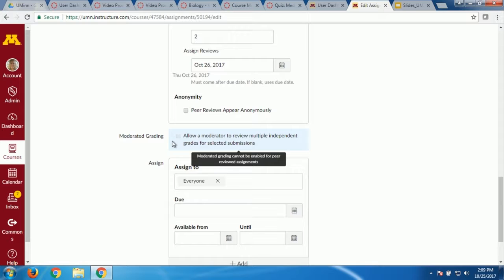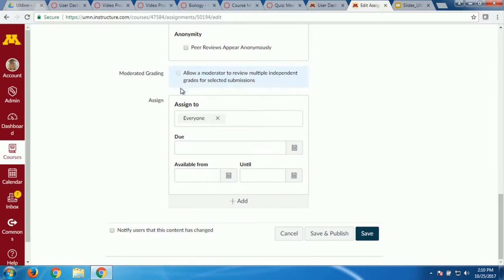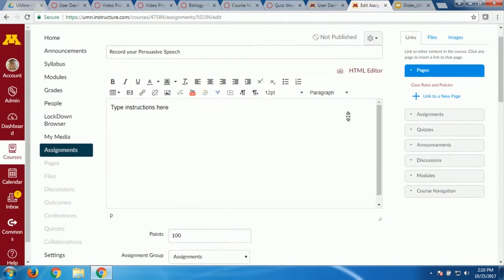There's a really good guide. I would say just remember moderated grading. There's a guide that exhaustively covers exactly what's there in the process of it. Not everyone uses it, so I'm not going to go into that much depth showing it, but search moderated grading. You'll see a guide on how that operates. And then, again, you have that assign box.